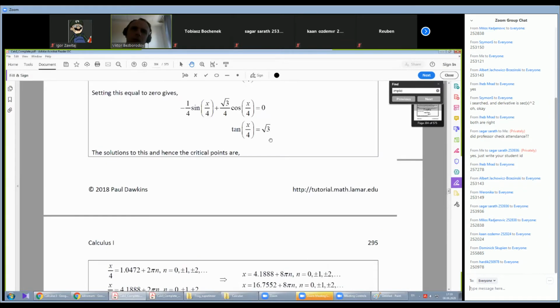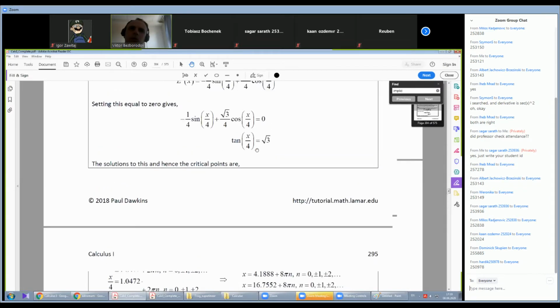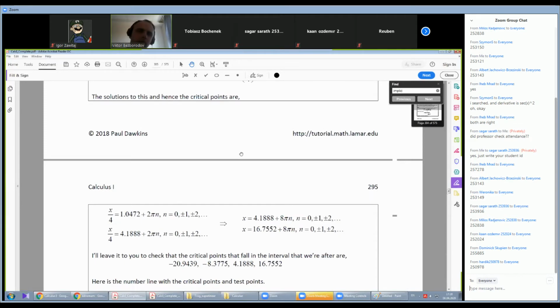Of course, we can find that tangent of something is square root of 3. It should be pi over 3, plus